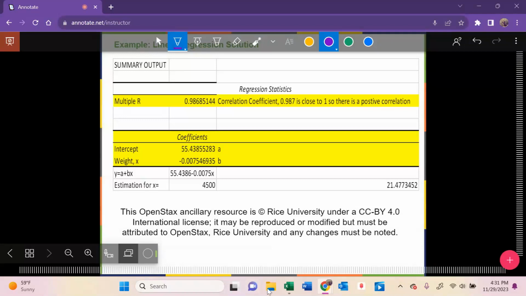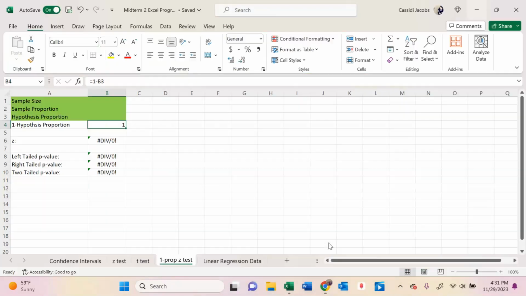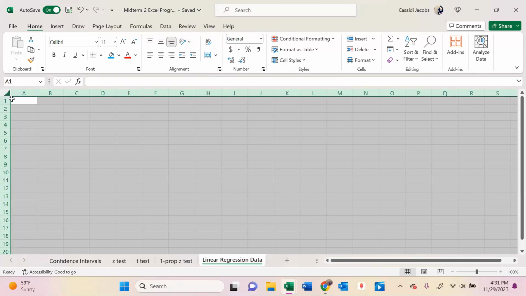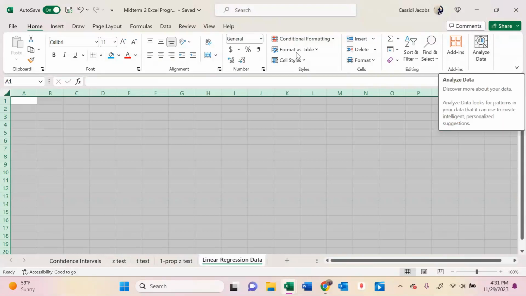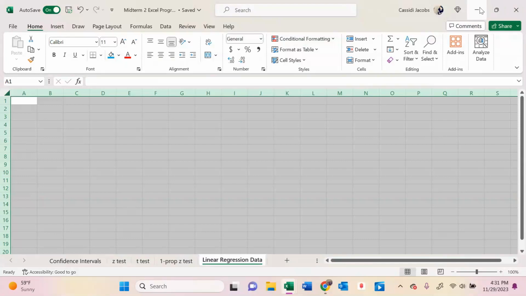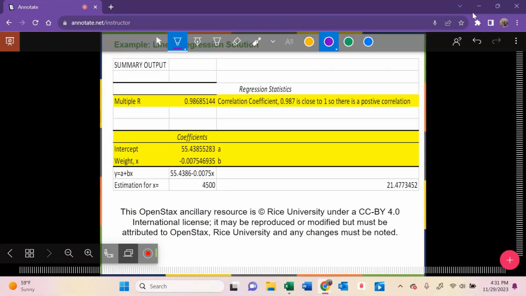All right, so if you were using the Excel document for your midterm 2 Excel, I just put linear regression here, data. This is where you would type your data, and then you would use the analyze data tool and follow the steps we just went through. And so that is the conclusion of what we are